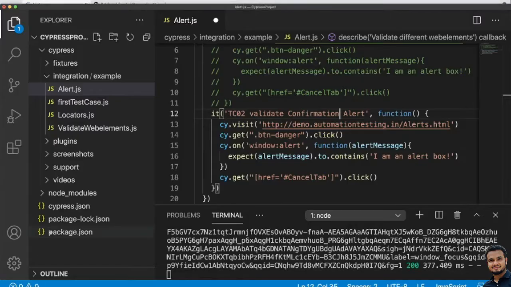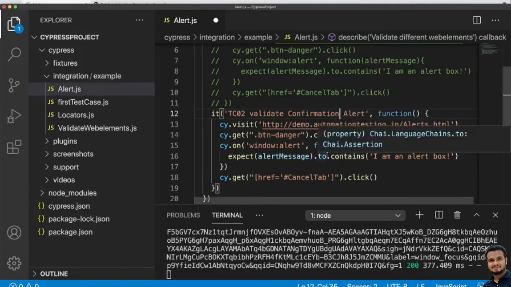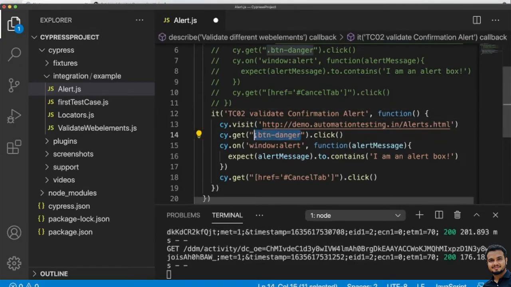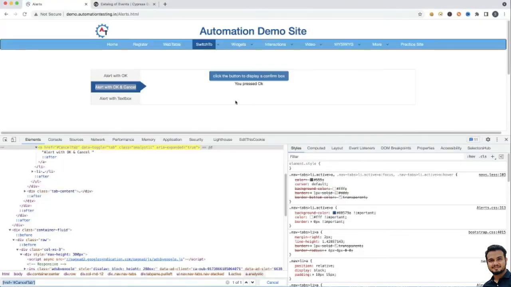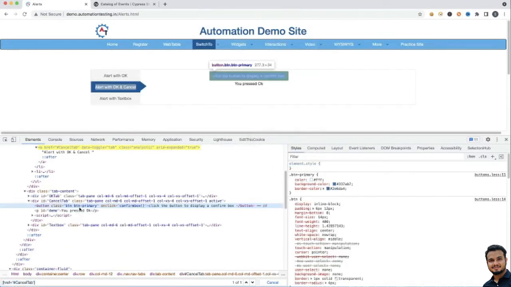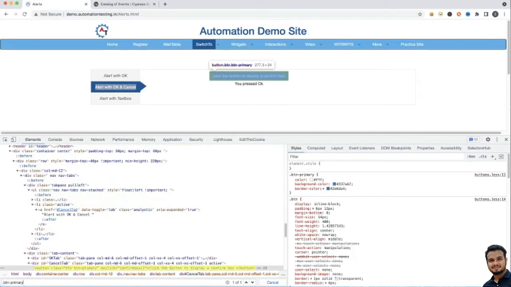Let me copy, and here I will write cy.get, dot click. First we are able to click here, then we should be able to click here. So again let me inspect, and here we see button primary. Let me take this, Control C. Okay, we are able to identify with this.